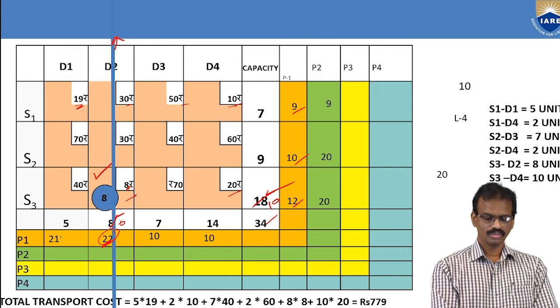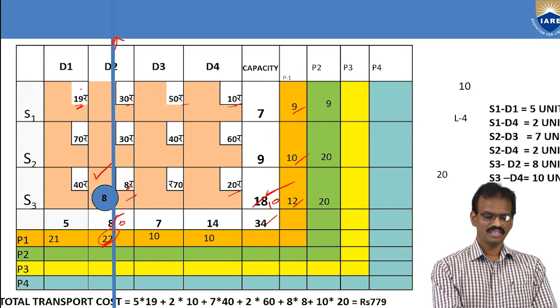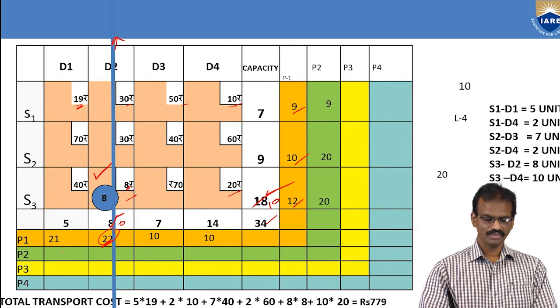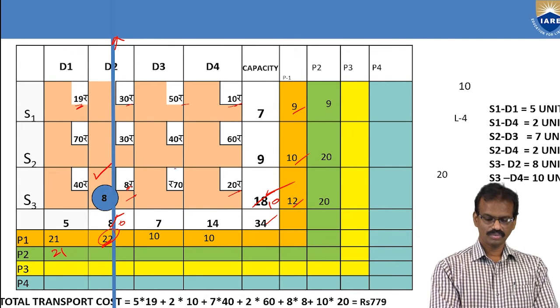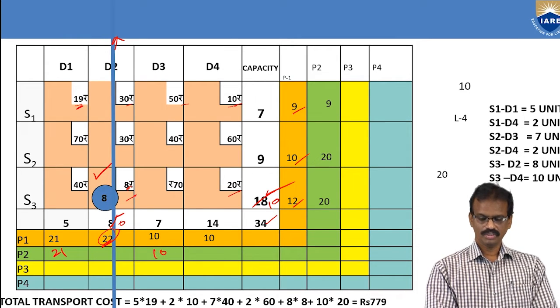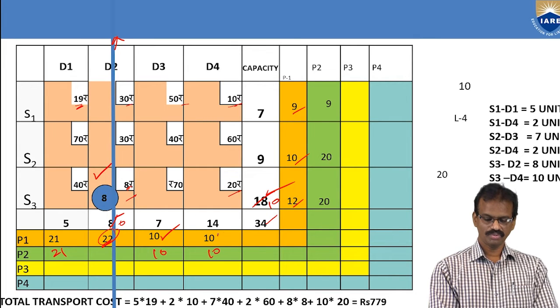Next, similar column wise. In the first column, if the column is cancelled, the remaining column values should be the same. Like this one, the minimum value is equal to 19, the next smallest value is equal to 40. 40 minus 19 is 21. You can write like this. So here 21, and this one is cancelled. Here also the same value, 50 minus 40, that is 10. Here also 20 minus 10, that is 10. The same values you will get.